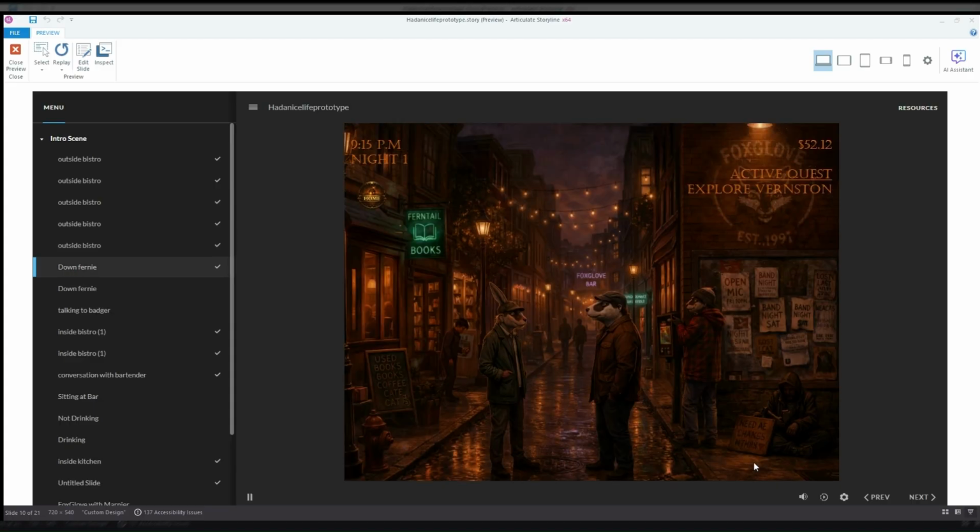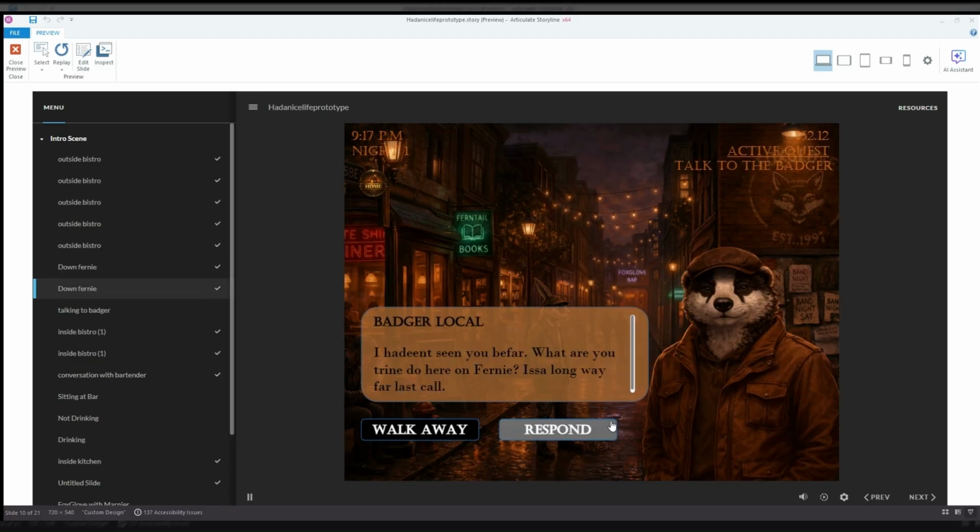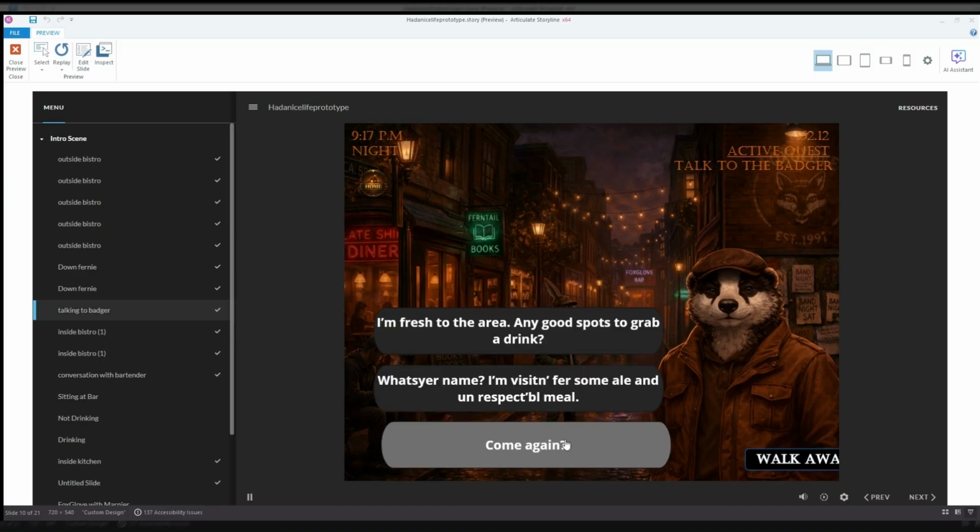So we've explored. The UI is still the same, except the active quest has changed. Night's still the same as well. The player can look around, and we see that we're prompted to interact. We approach the side character here. We don't know his name. He's speaking to us. We can either respond or walk away, but it's obvious that he's a local, so maybe he has some information for us.